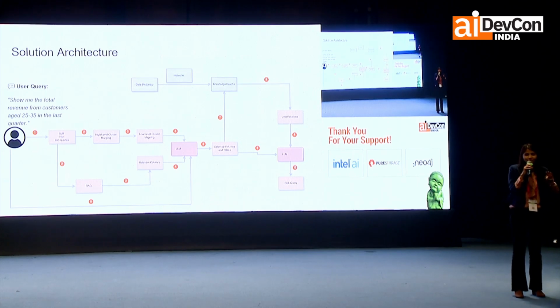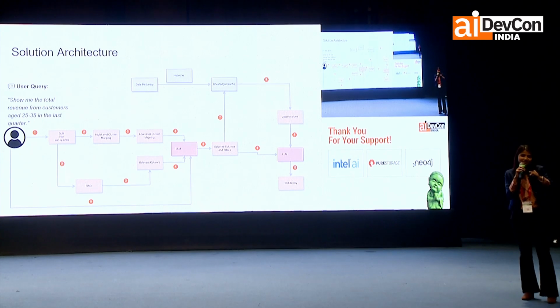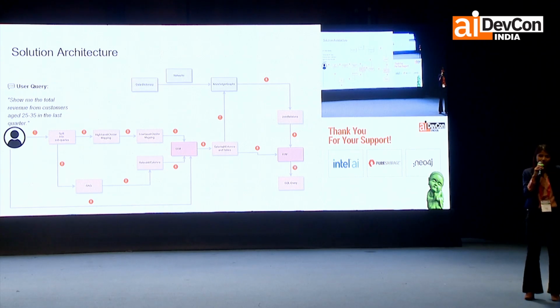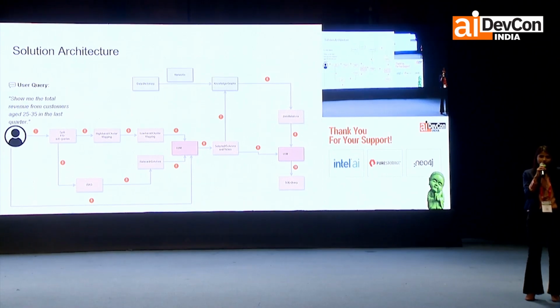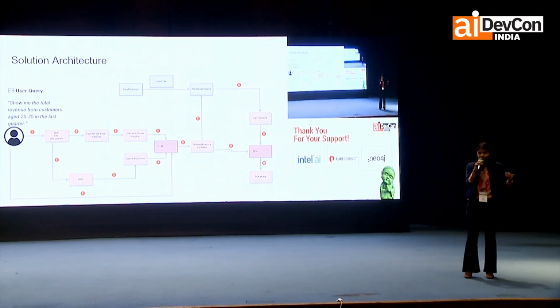I know a lot of clustering is happening, but it is just two levels of clusters: one mapping with the high-level cluster, then forgetting all the other things that are there, focusing on only the high-level cluster, and then trying to map the same query with the sub-clusters of those high-level clusters. Once you are done, you will get all the sub-clusters that were selected in mapping. There will be some columns associated with those sub-clusters. We will fetch those columns.